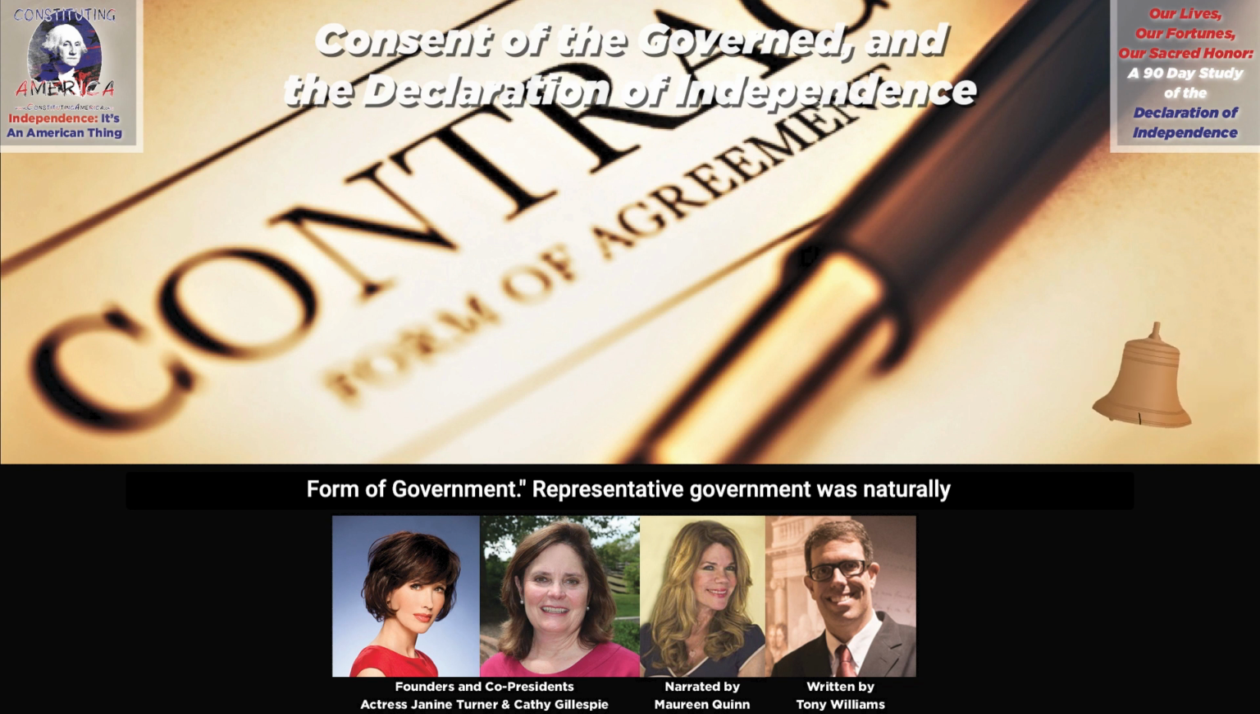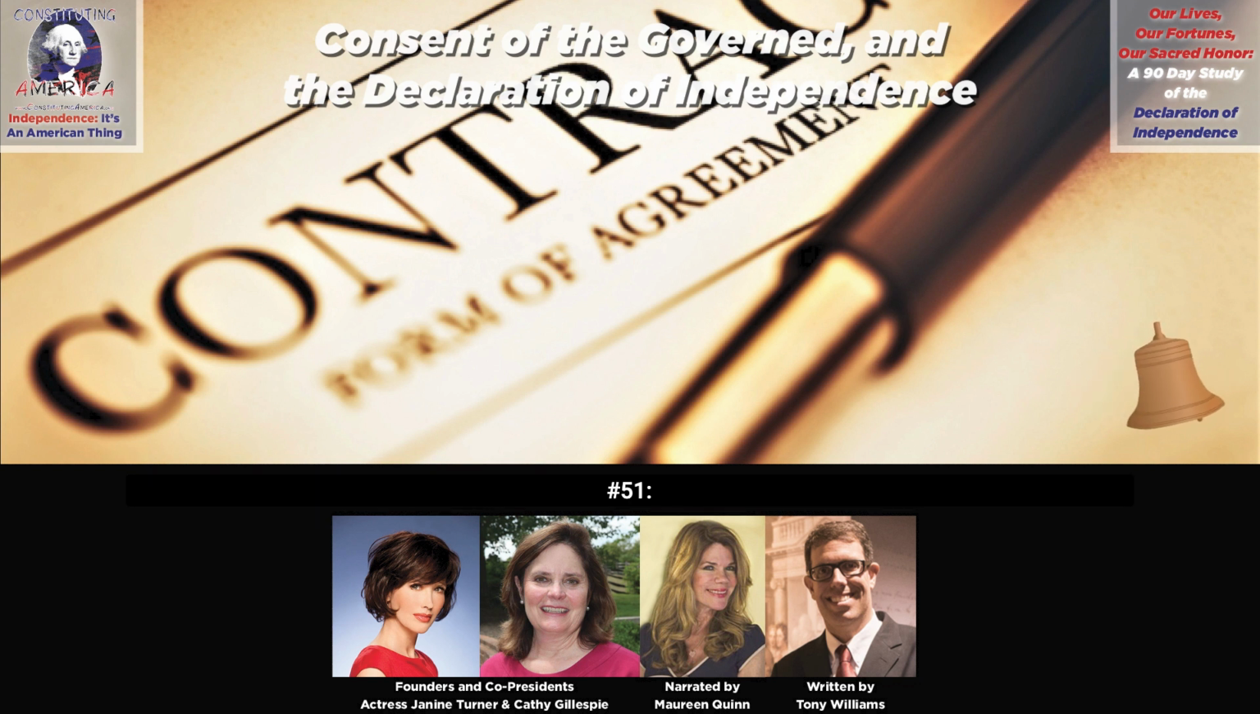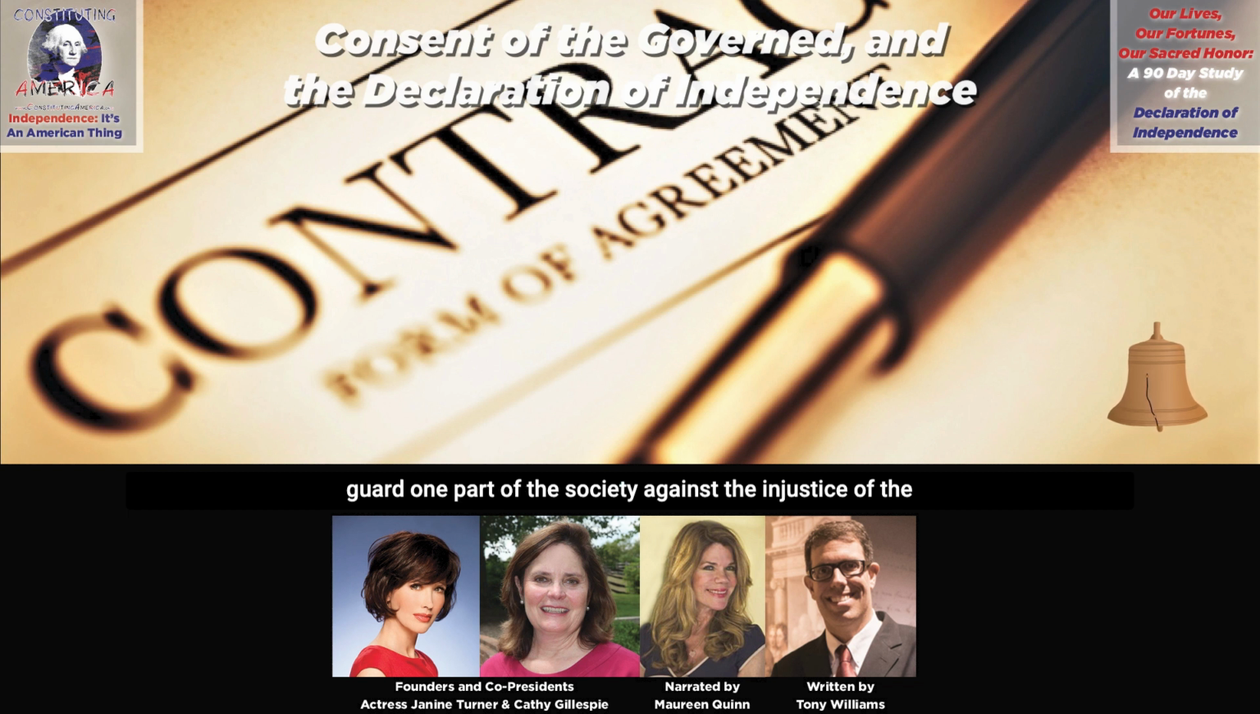Representative government was naturally and reasonably based fundamentally upon majority rule. The majority, however, was guided and limited by the principles of natural law and natural justice. Madison explained in Federalist number 51, "It is of great importance in a republic not only to guard the society against the oppression of its rulers, but to guard one part of the society against the injustice of the other part." Thomas Jefferson agreed in his first inaugural, "All, too, will bear in mind this sacred principle, that though the